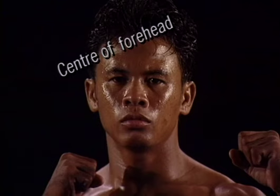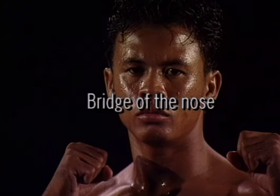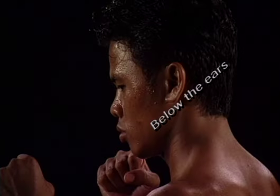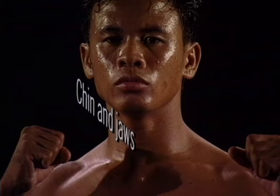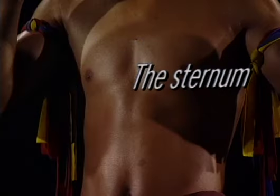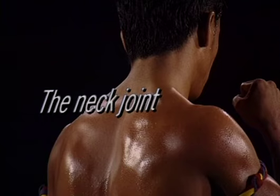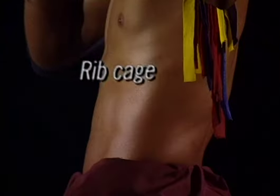center of the forehead, above the ears, the bridge of the nose, the eyes, below the ears, chin and jaw, the sternum, the neck joint, the upper arm, the rib cage,